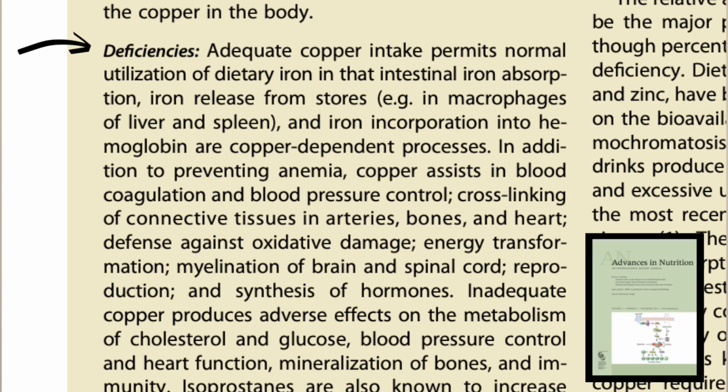Unfortunately, this is not so often talked about, but copper is actually a really good friend of iron. Copper assists in the absorption and metabolism of iron because it plays a role as a cofactor, and it is part of many enzymes that are responsible for moving iron into the cells. If you're not getting enough copper, it can actually cause iron deficiency and anemia, so it is definitely something to